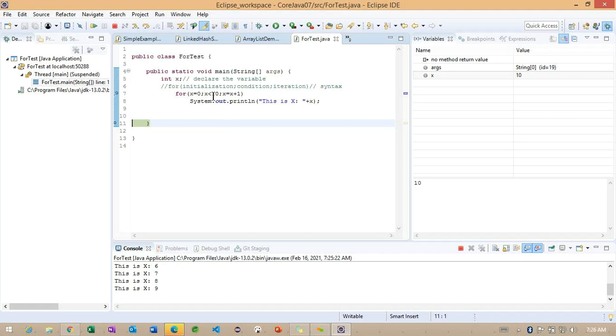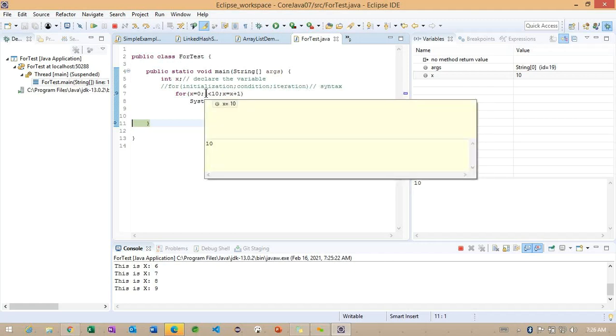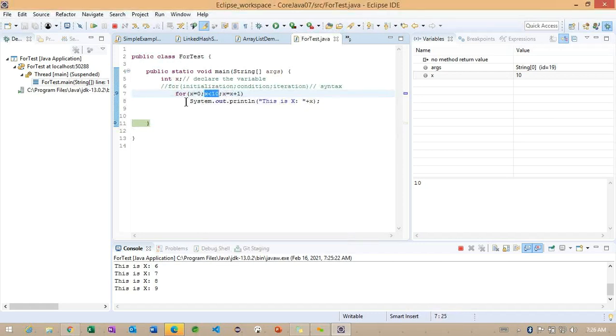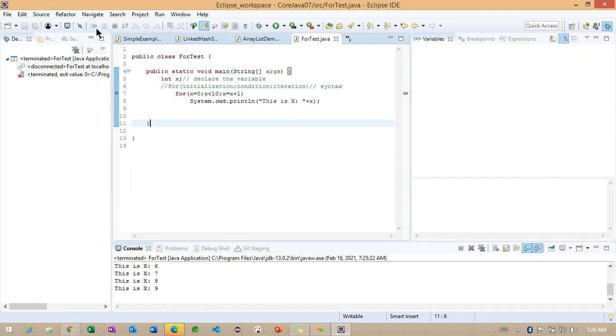What happened here? It is false here. So the last one we are getting false here. Because of that, what happened here? It has not entered into this particular line. So it comes out of this particular loop, so directly it's going out of the main method. So any questions regarding this loop? This is very important. Just make understand here how in the loop also we can work on this particular conditional statement here.